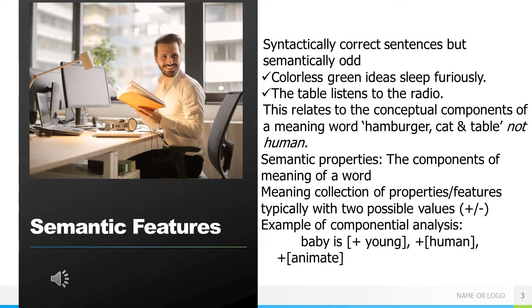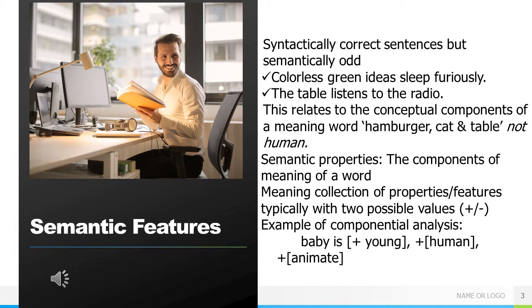In the next slide is semantic features. Scientifically correct sentences but semantically odd: Colorless green ideas sleep furiously. The table listens to the radio. This relates to the conceptual components of a word's meaning: hamburger, cat, and table are not human. Semantic properties are the components of the meaning of a word, a collection of properties or features, typically with two possible values, plus or minus. For example of componential analysis,